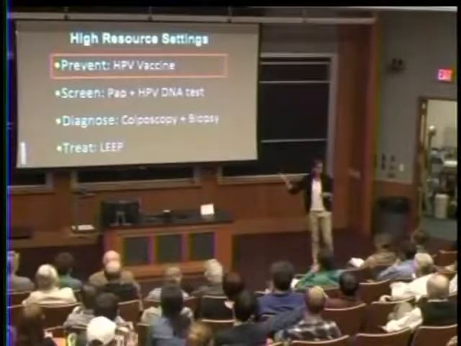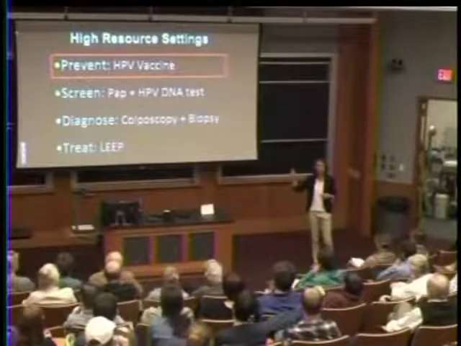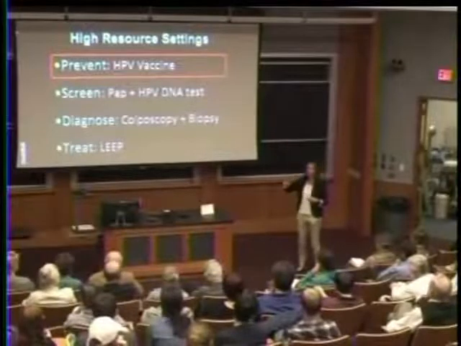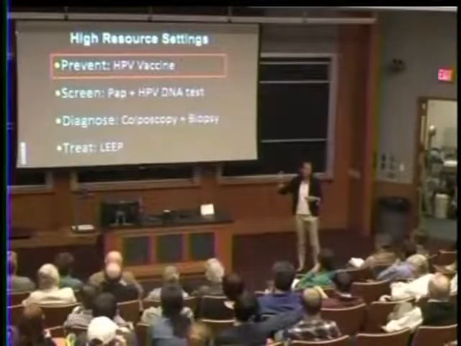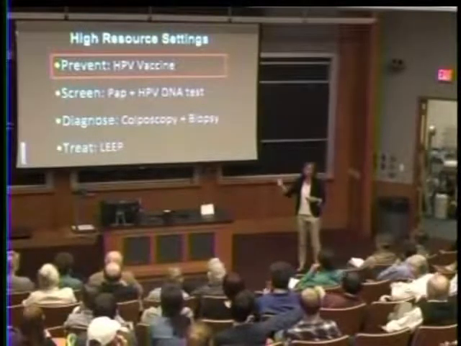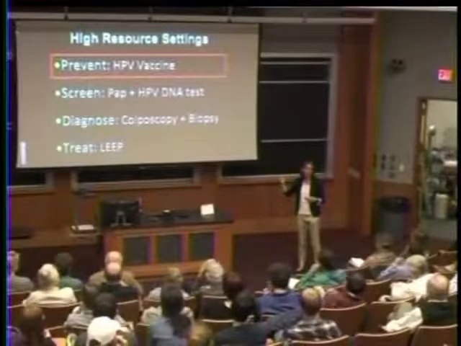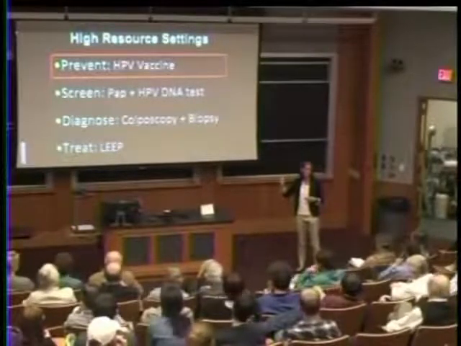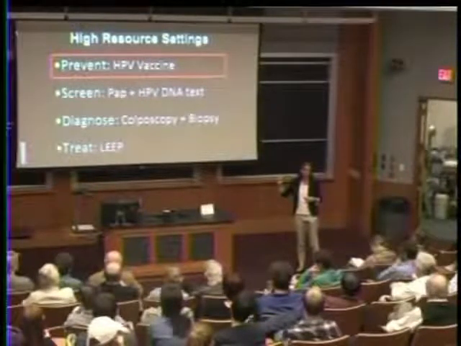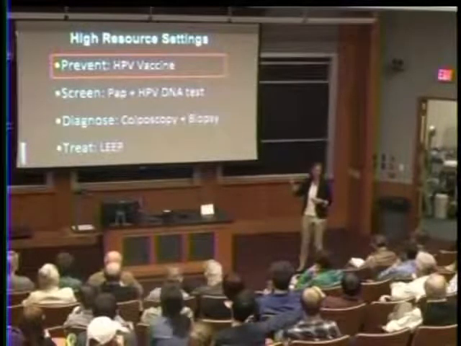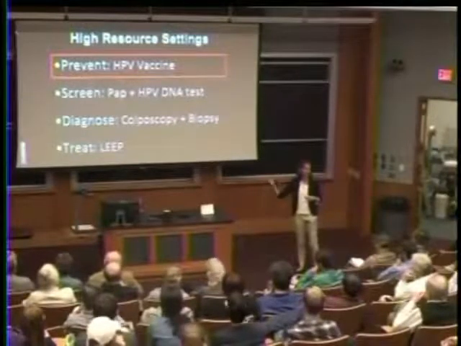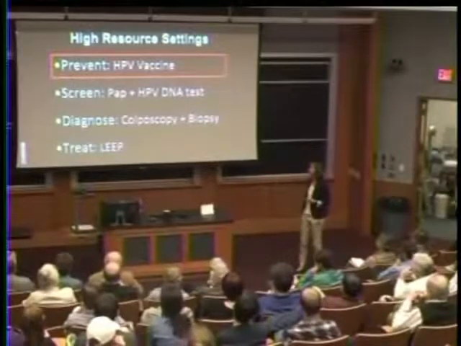It's a 3-dose series of the vaccine right now, although recent data indicates that women, both girls and boys, who get 2 doses of the vaccine have lifelong immunity. Even in the United States, the rates of immunization are still woefully low. Fewer than 60% of girls have received 3 doses of the vaccine in the United States, and fewer than 60% of boys have received 3 doses. So even in high resource settings, we are not reaching the people that need to be vaccinated to prevent cervical cancer.